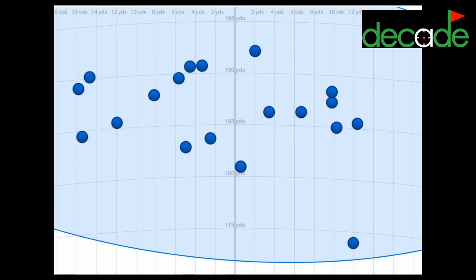Coming back to this shot pattern, this is Aaron Wise in December of 2018 when he was the reigning PGA Tour Rookie of the Year, and he was aiming at this center of the shot pattern 187 yards away. These shots here were 16 yards left. These shots here were about 13 yards right. His shot pattern with a 7-iron was just under 30 yards wide.